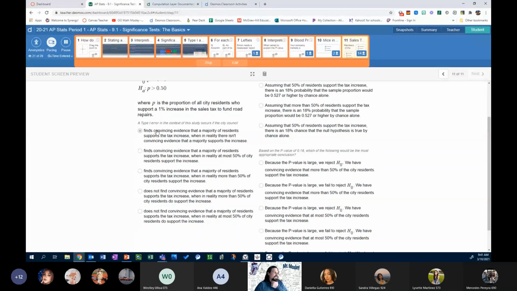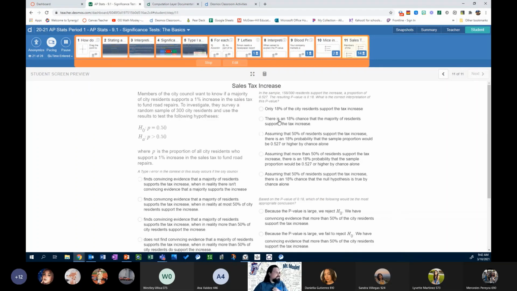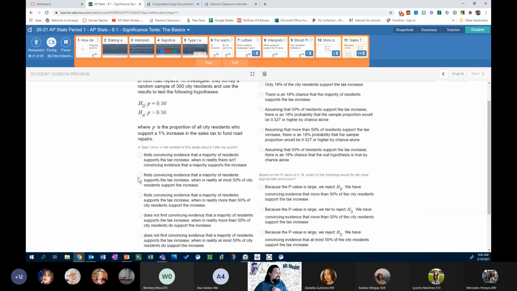All right, a type 1 error in the context of this study occurs if the city council, so again, type 1, right? That's meaning they reject the null hypothesis when it is actually true. So they reject the null hypothesis and they say, okay, we do have support for this bill, which means they find convincing evidence